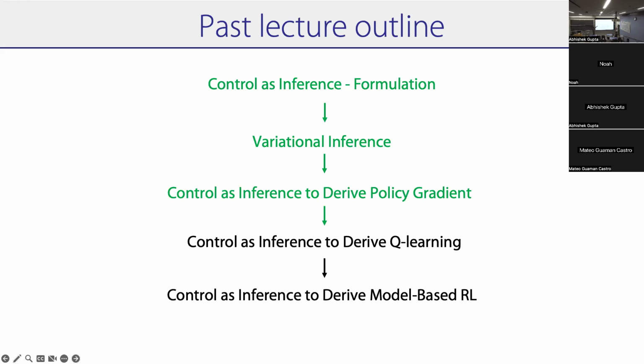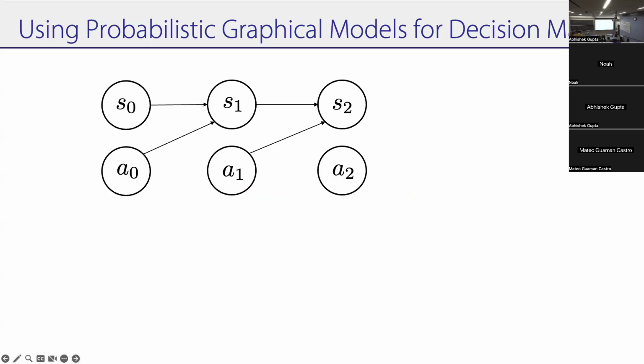So we introduced this graphical model for control as inference. And we said that the optimal policy is a posterior inference query in that graphical model. And then we said, okay, the posterior inference is really hard to compute because of this bunch of integrals in the denominator, right? And so we said we're going to use the tool variational inference instead. And then we applied variational inference with a particular choice of approximation family to this problem, and we derived maximum entropy policy.